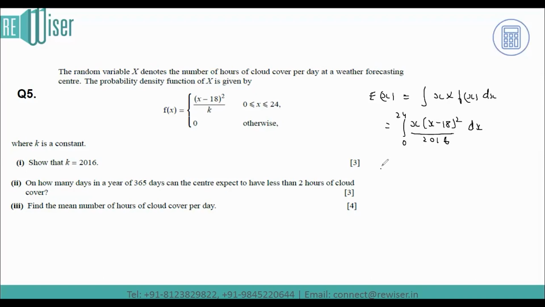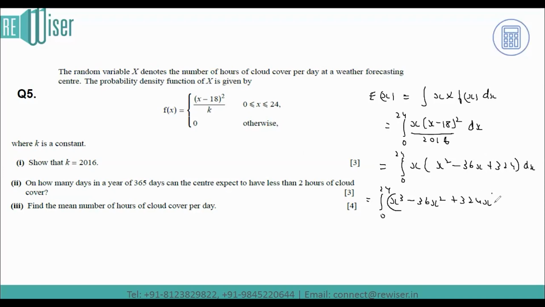Now here we need to open the brackets and expand, so that should be the integral from 0 to 24. x will be multiplied with x square minus 2ab, so that is 36x, and 18 square, which is equal to 324, dx. If I open the brackets, that becomes the integral from 0 to 24 of x cubed minus 36x square plus